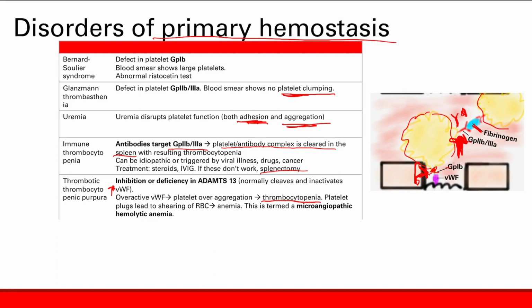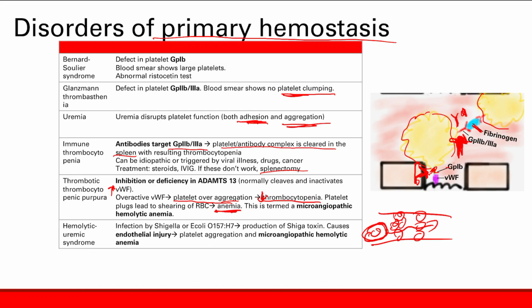Now you have too much platelet plugging of your blood vessels, and when your blood cells try to pass through, they're going to get sheared. They're going to get sheared and they're going to get destroyed, and you're going to get anemia as well. So this is termed microangiopathic hemolytic anemia. So you get overactivation of platelets, you're going to get consumption of platelets, you're going to get low platelets, you use them all up, and then these minor clots are going to cause shearing of the red blood cells as they try to pass through all these clots. The red blood cells get hemolyzed, you get anemia. Okay.